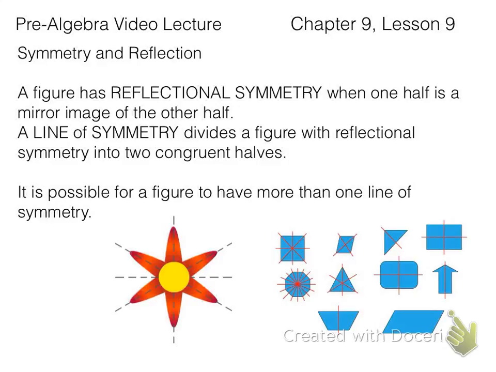All right. So again, a line of symmetry divides a figure with reflectional symmetry into two congruent halves, an image and its mirror image, or a figure and its image, which is also congruent. It's possible for a figure to have more than one line of symmetry, so make sure you're looking. This flower-looking thing right here has